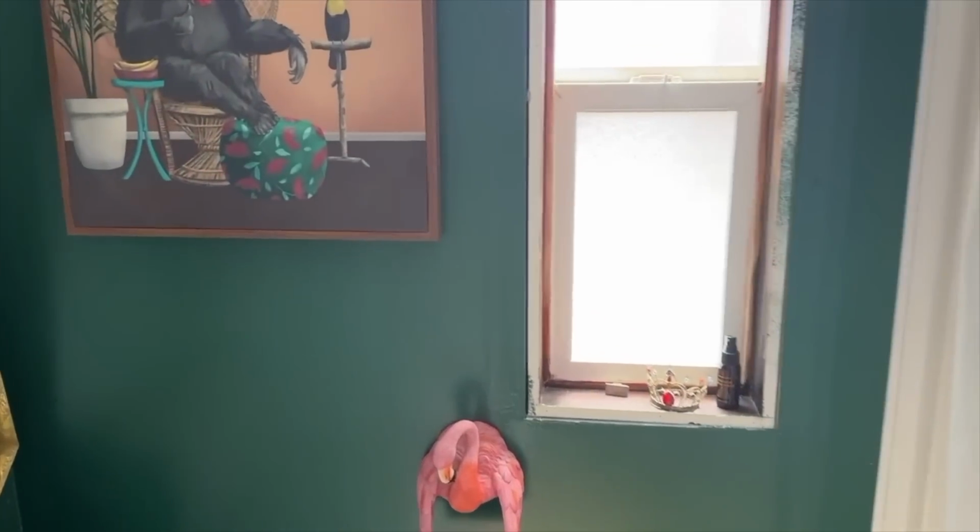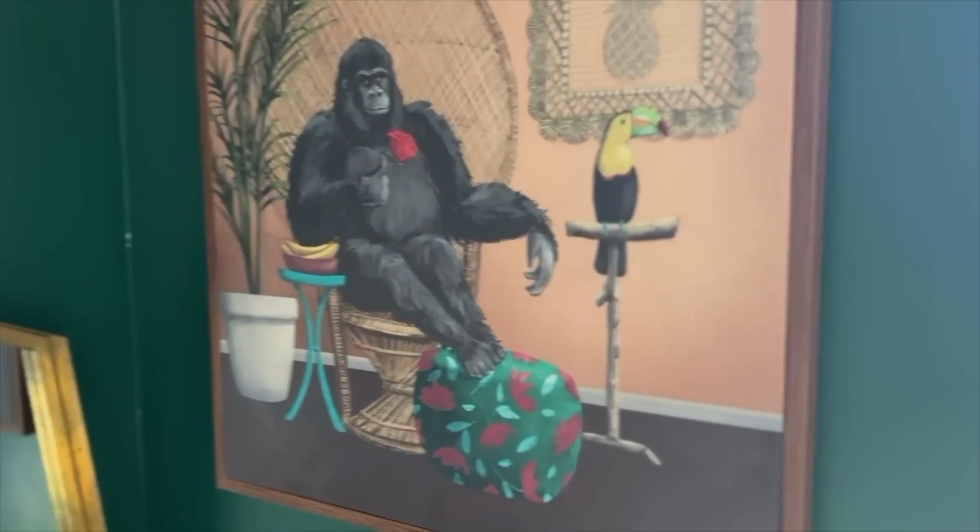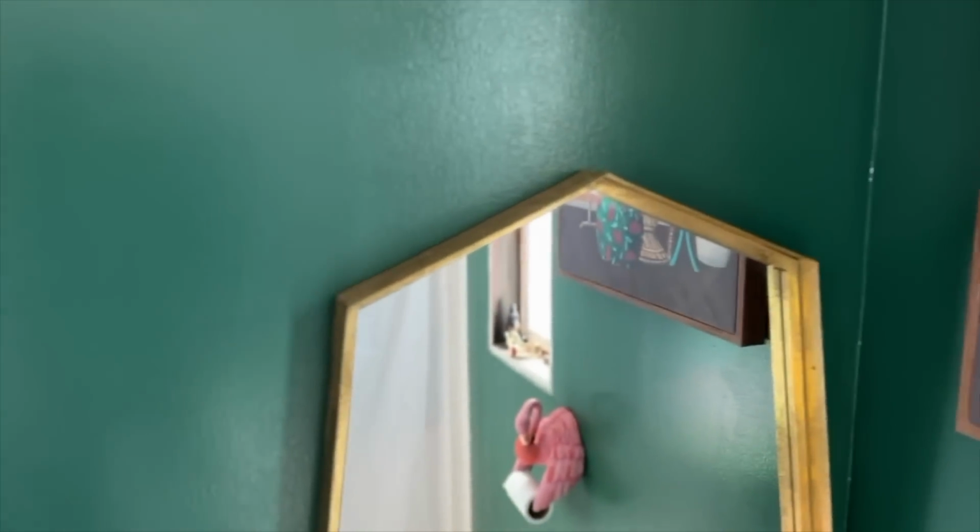We have this gorgeous color on the wall and the monkey art. This is yet to be hung. Look at Ellie's cute